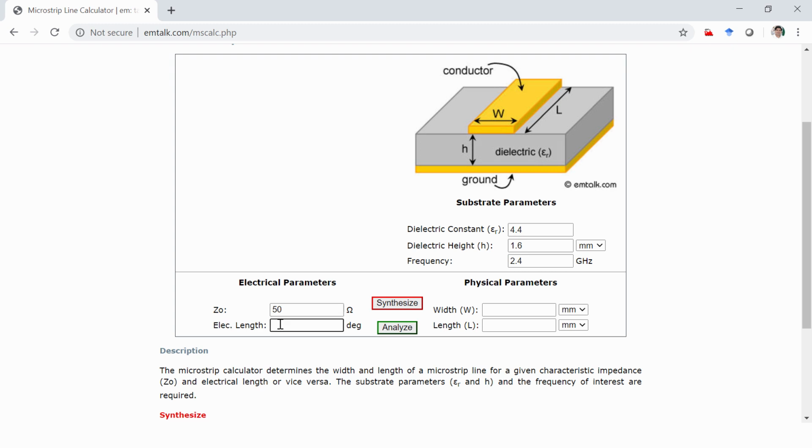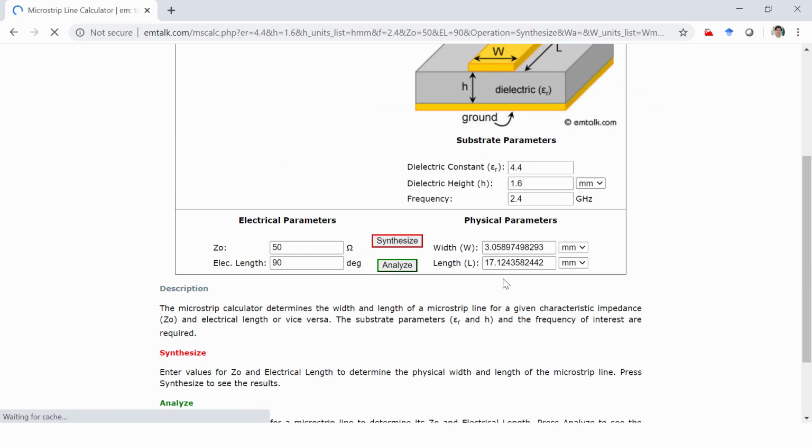We can put any electrical length for the port impedance and we can synthesize here, which is equal to approximately 3 mm. So I will take 3 mm width for 50 ohm line. And length, we can choose anything depending upon the substrate size. So length we are not going to fix because the electrical length is not fixed for the port.